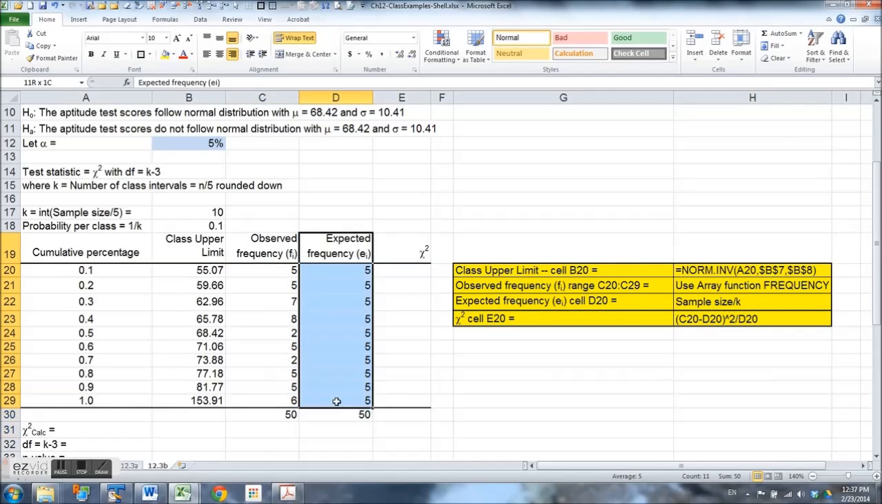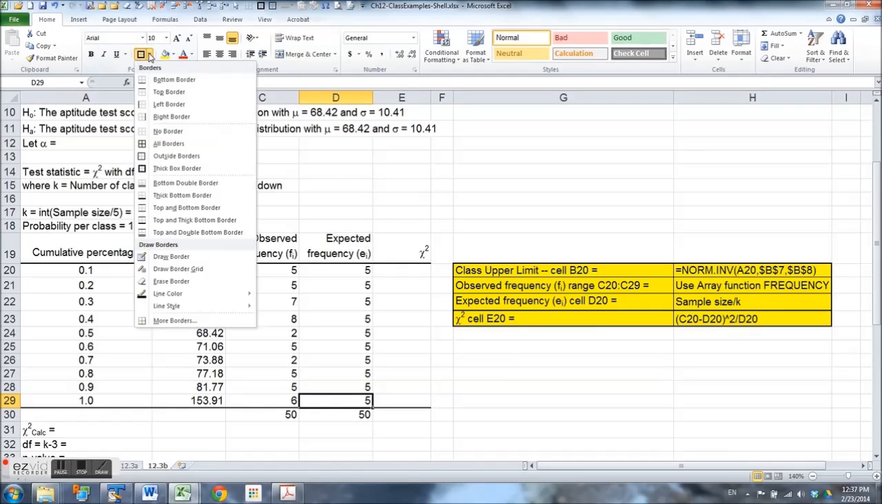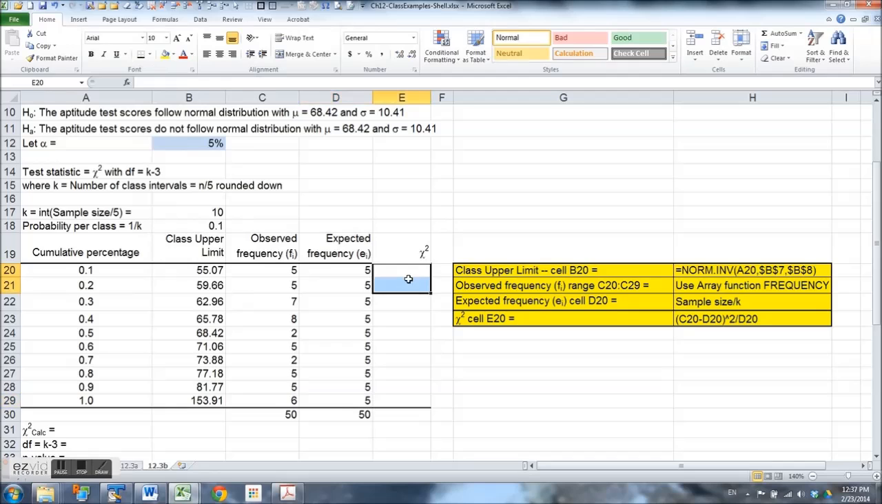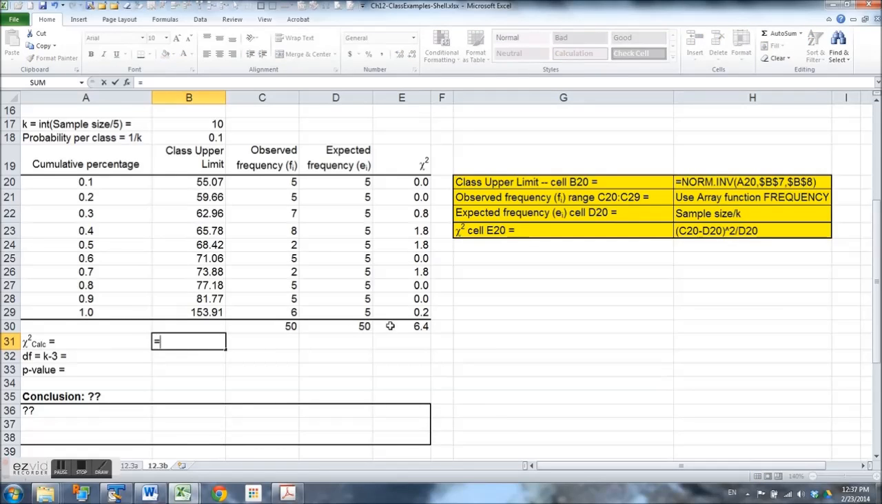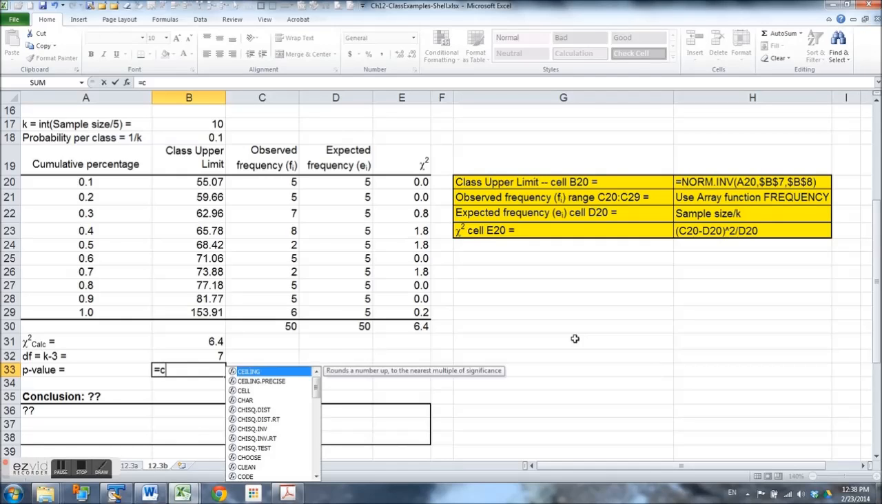So now we have the observed frequencies, we have the expected frequencies. Now we can set up our chi-squared. Observed frequency minus expected frequency squared divided by expected frequency. Now sum that. That is our chi-squared value. Now the degrees of freedom is k minus 3 in the case of normal distribution. So we have k over there minus 3, and the p-value is